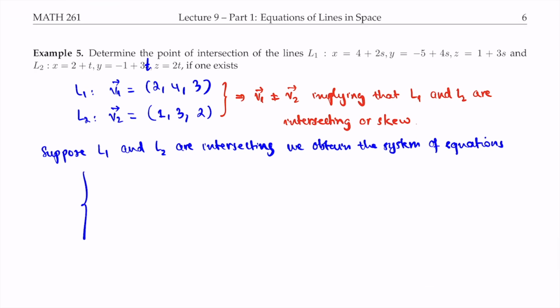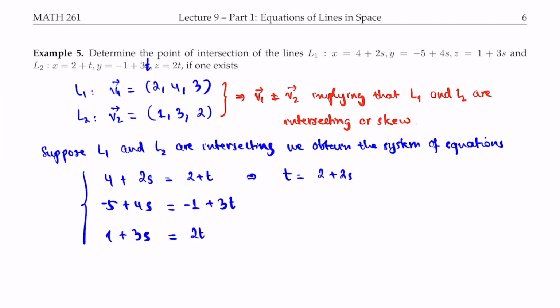You have 4 plus 2s equal to 2 plus t, negative 5 plus 4s equal to negative 1 plus 3t, and 1 plus 3s equal to 2t. Similar to the last example, we're going to solve for s or t from the first equation, substitute into the second equation to find the remaining parameter, and then substitute whatever you got for s and t into the last equation to see if you get a true statement or not. So here I observe that t is easy to solve in terms of s, so I get